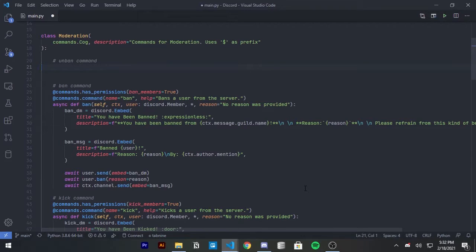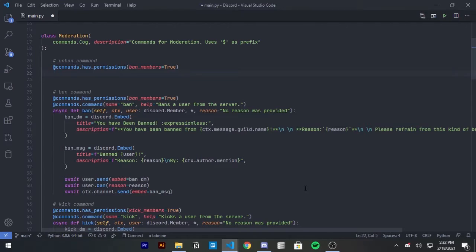Ban him. Yes, so I'll do commands that has permissions, and I'll do ban members is equal to true, and then I'll do commands dot command. The name is Unban and description to unban